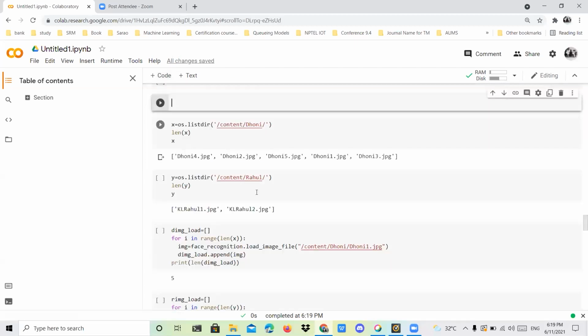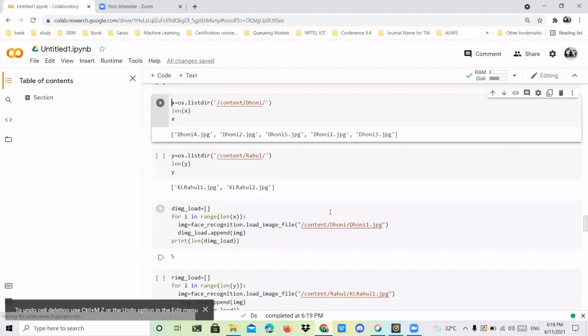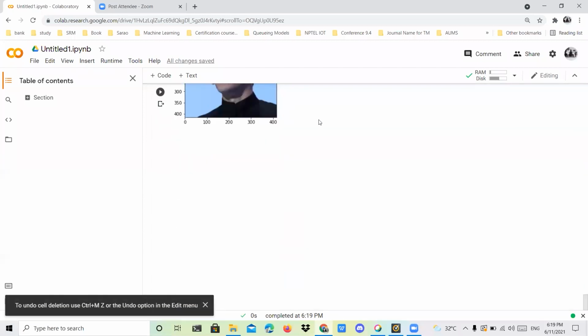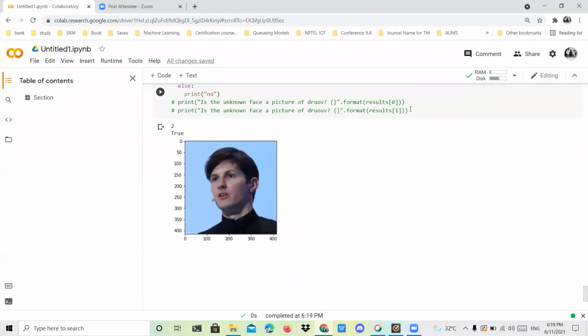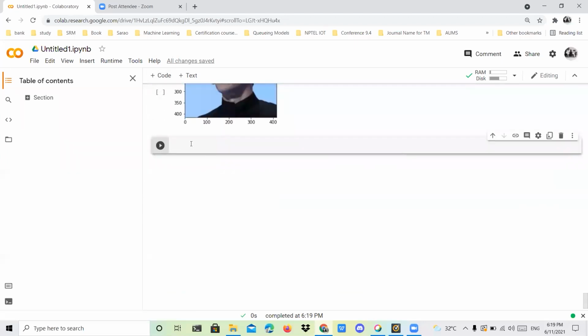Okay, I'm going to give. Okay, what I told here now. So the next is I'm going to, here it will be working. Check. So I'll first load that Dhoni.